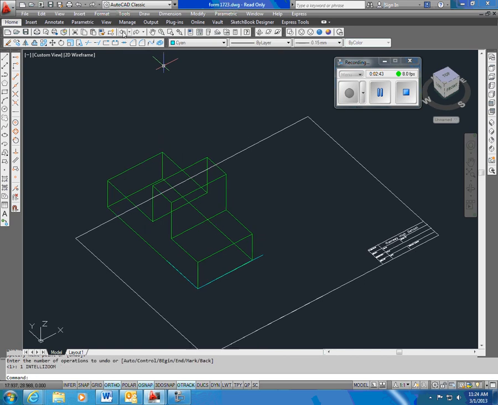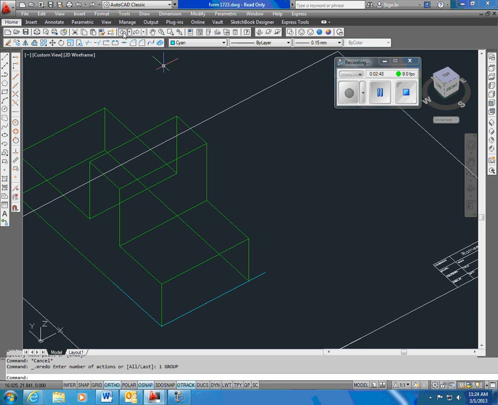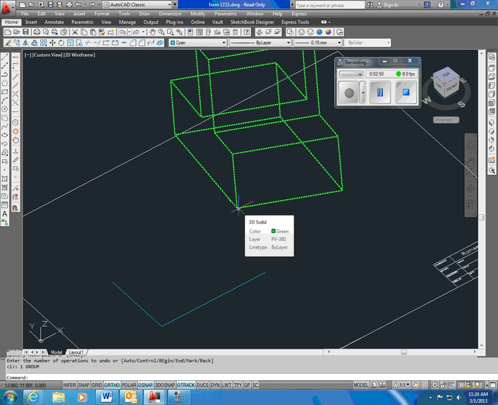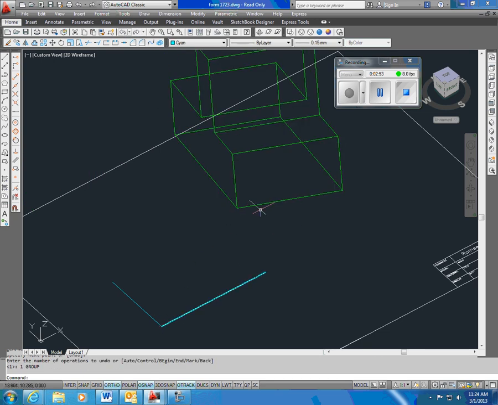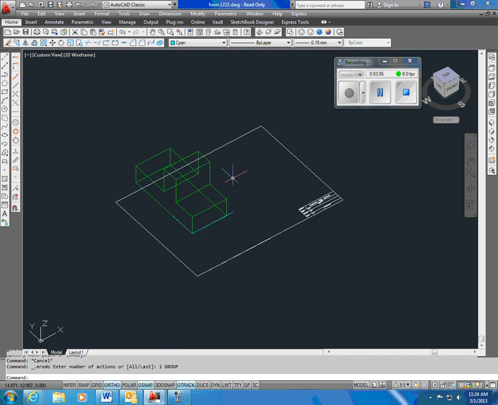So if I just undo for a moment and then redo, undo, right? These were our 3 points, corner to corner first, one. Any point on this line to here was the second spot, and anywhere on this edge was our third spot. So the align command is a great way of taking things that are not on the UCS icon, say we wanted to hatch or section or slice, right? And bringing them back to the paper, bringing them back to the world,